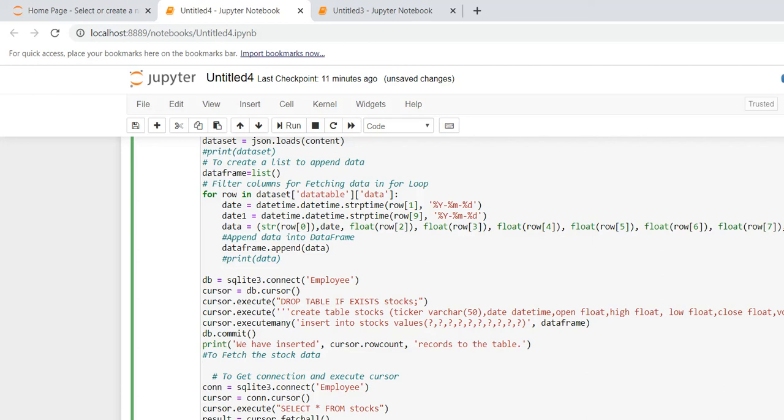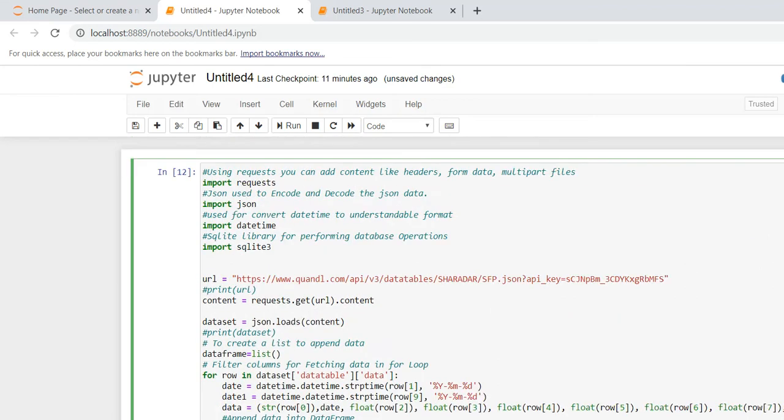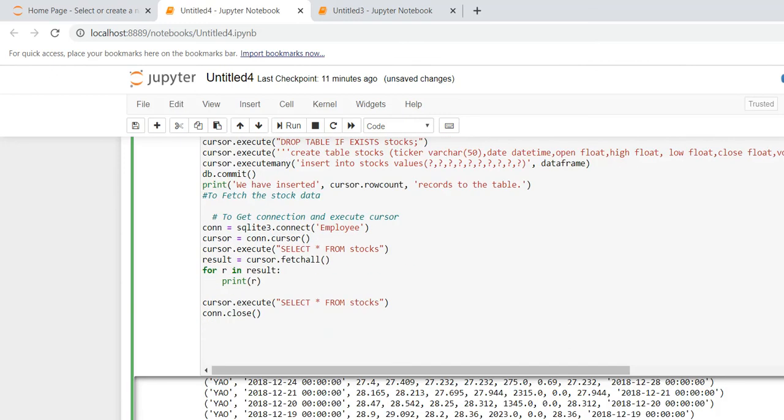You can use a connection string and connect to the database as with SQLite. Only the thing is you have to give a connection string. But SQLite doesn't need any connection string because we are using the SQLite 3 library, so I'm directly connecting to the SQLite 3 employee database.